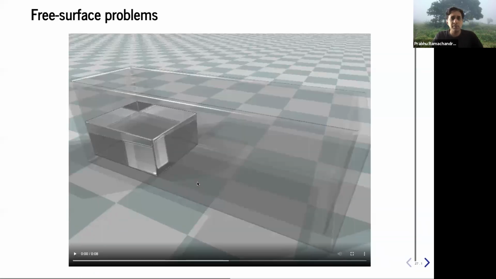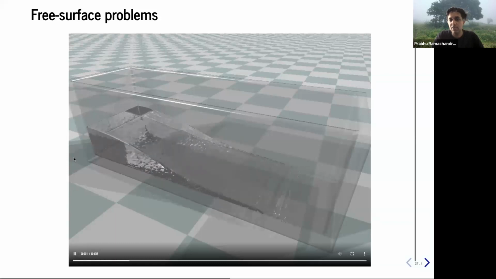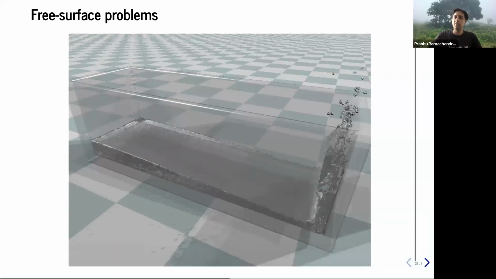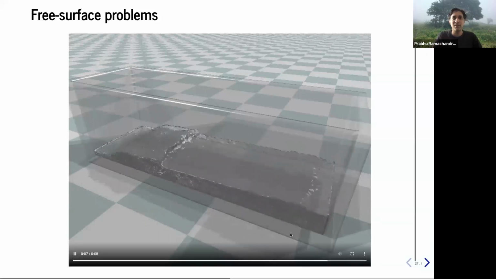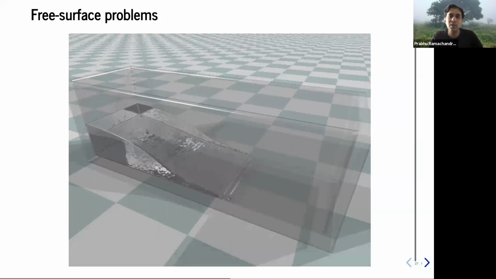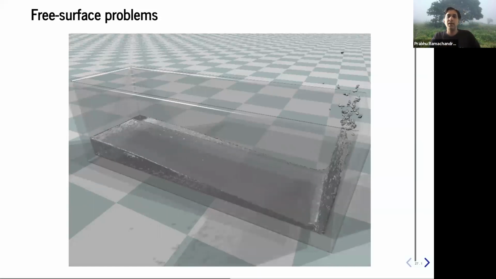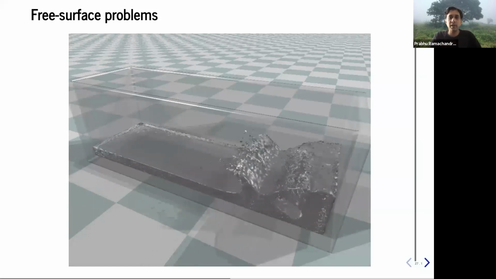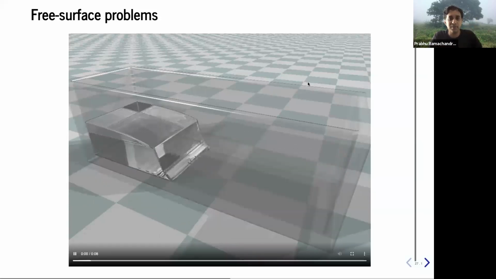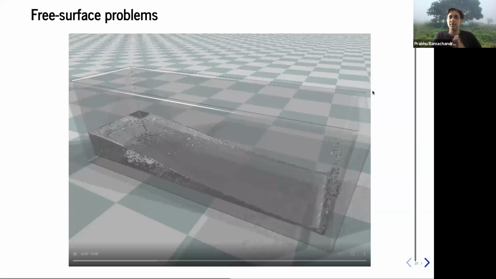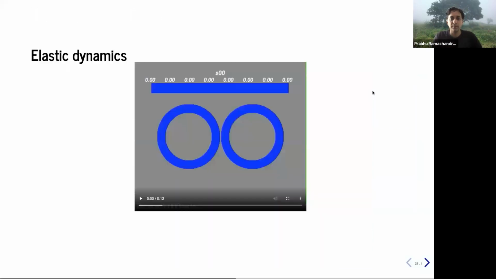So here's another problem where we are going to just focus on this and look at the free surface. The free surface is the surface of this water. And if you look at this, the water is going to flow, hit the walls, and then flow back. You kind of see the waves. It looks like a wave that you see. But this is a simulation that's generated with PySPH. And then we do ray trace rendering using PovRay to generate these kind of pretty looking images. So this is the kind of thing that we can simulate.